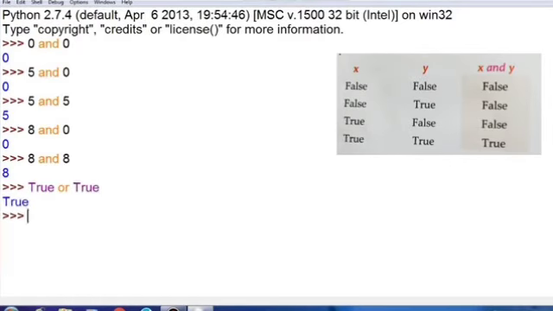Okay, so if the first expression is true, it jumps to the second one. Let me write true and true. In the AND operator, both the operands need to be true. In the OR operator, if either of the operands is true, it will return true. Even if the other is false, it will return true, and in AND the truth value of both the operands needs to be true.